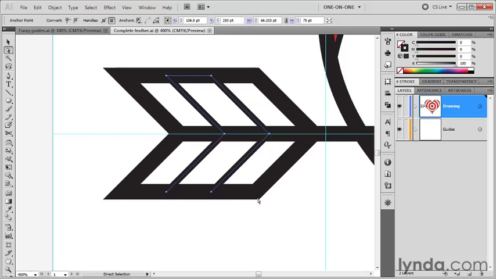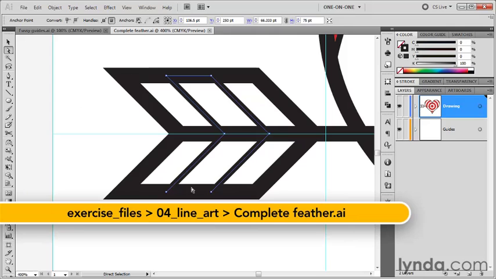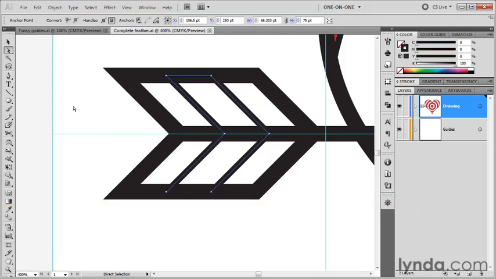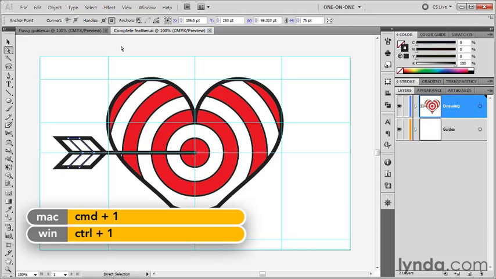In this exercise, we're going to rotate the feather into place, we're going to fill this outer feather path with white, and then we're going to adjust the stacking order so everything works out the way we want it to. I've saved my progress as completefeather.ai found inside the 04 line art folder, and I'm zoomed in a little too close, so I'm going to press Control 1 or Command 1 on the Mac in order to zoom out to